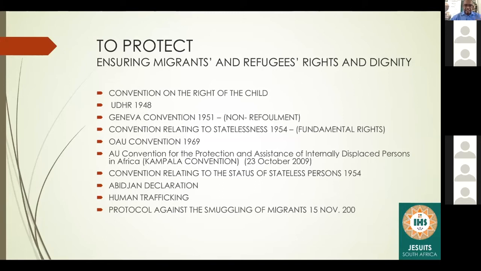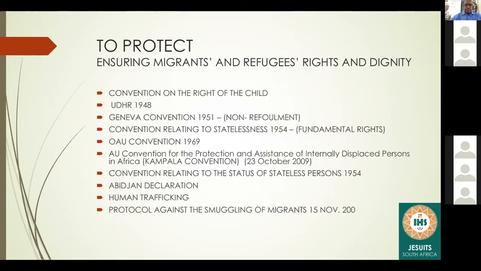And this declaration encourages the member states to make a commitment to the conventions, the 1954 Convention on the Status of Stateless Persons and the 1961 Convention on the Reduction of Statelessness. So member states should commit themselves to that according to this Abidjan Declaration. Currently, 12 of the 15 states in the ECOWAS community are signatories to this convention. But the commitment that was made by the ECOWAS